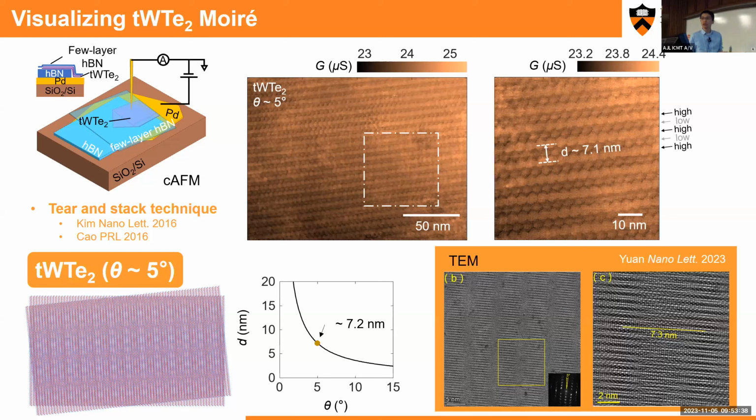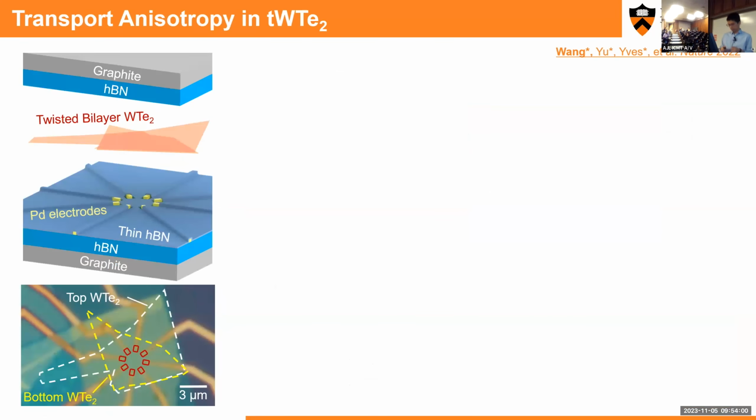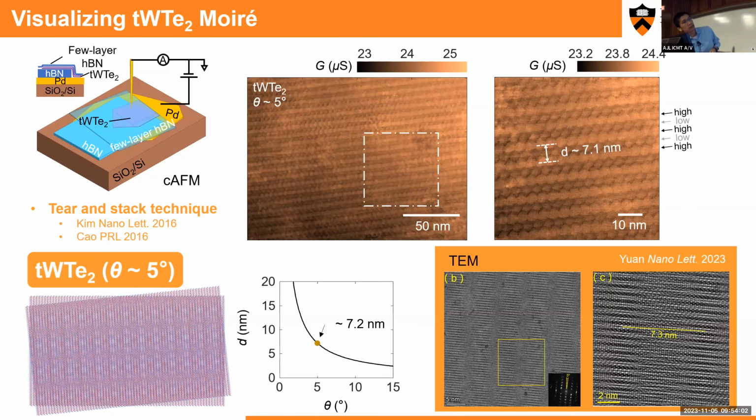You can also do TEM. This is a result which we recently obtained in collaboration with Leslie Schoop's group in Princeton. We can do the TEM imaging, and with a 5-degree twist angle, it goes to around a 0.3 nanometer Moiré distance. It can also show nicely interchanging wires. Yes, this is actually what I call AB overlapping, which is the region with the least overlap.